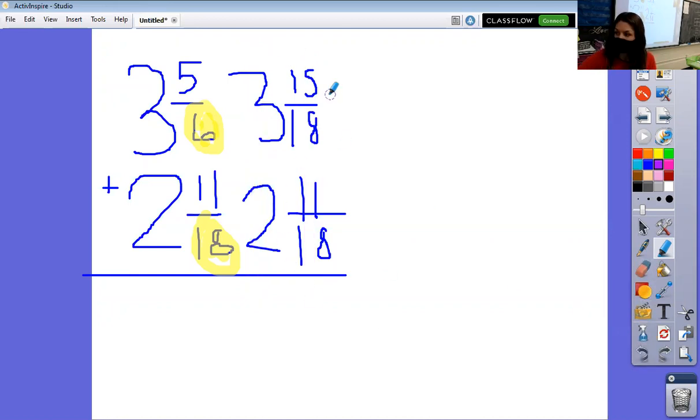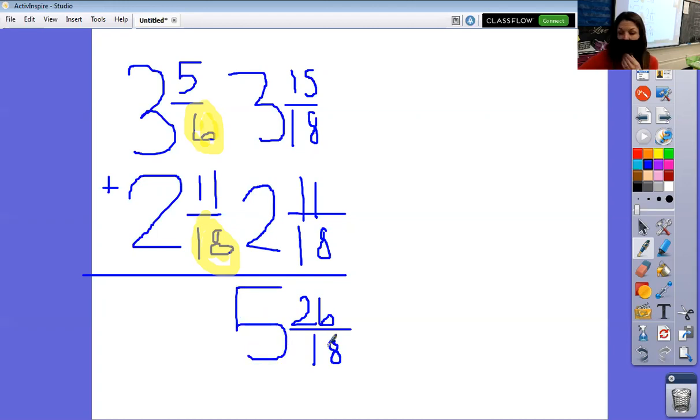Awesome. What would 15/18 plus 11/18 be? What would 15 and 11 more be? 26/18? Uh-oh. What are you thinking? That's bigger than 1, isn't it? That's bigger than one whole group. So how can we adjust this mixed number so it shows a standard value answer? We're going to have to regroup that fraction a little bit and then put the extra group of 1 into